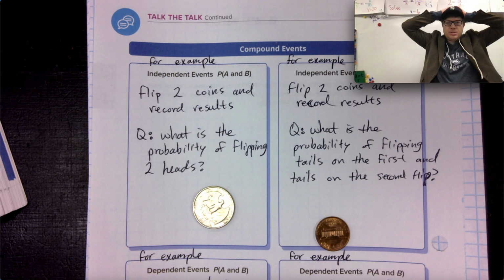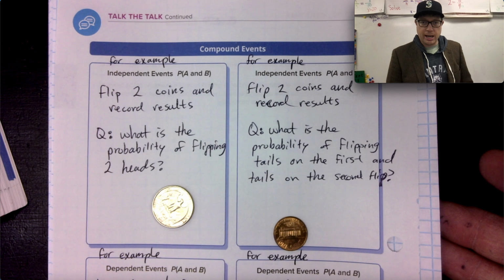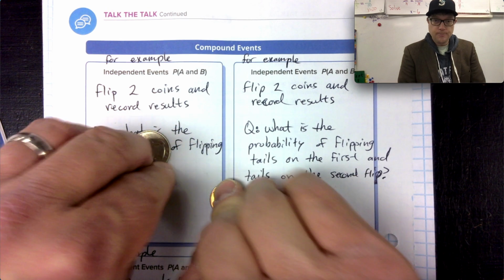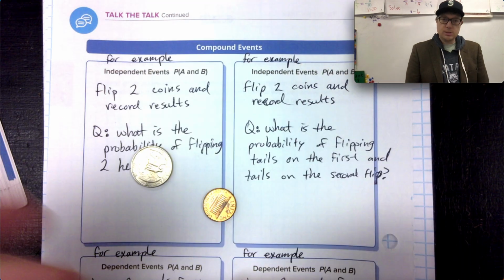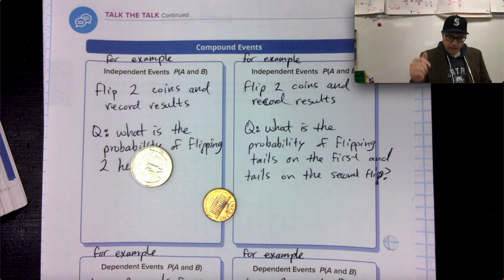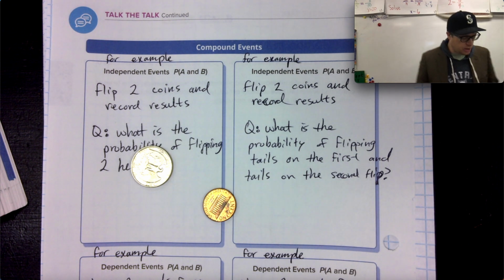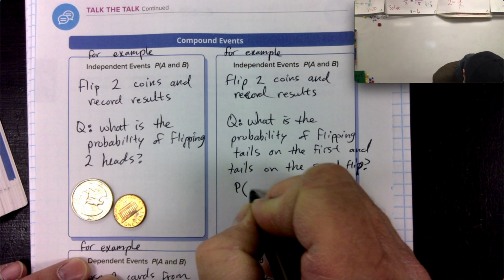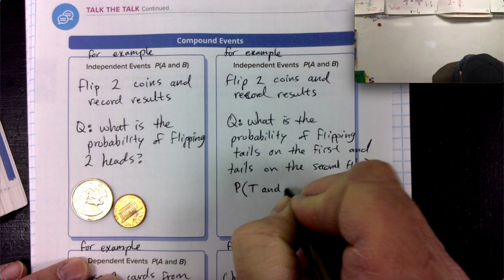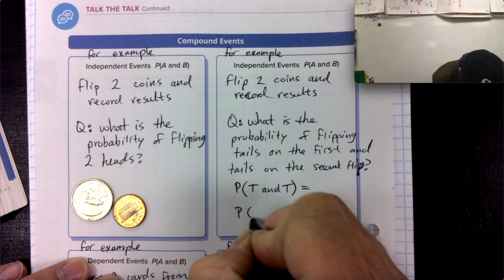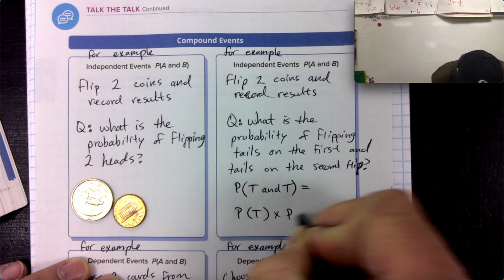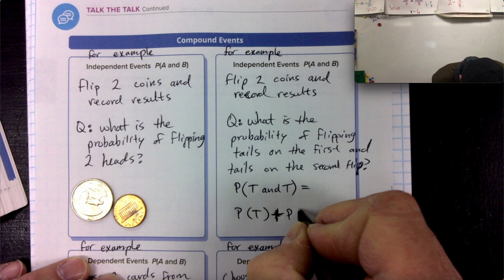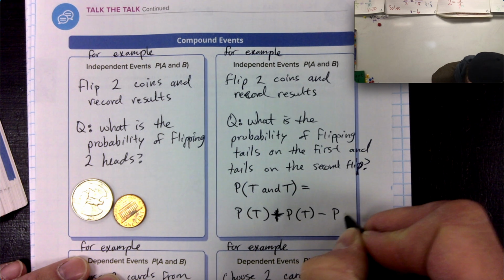Oh, two tails? That's actually the other one. Let's work kind of backwards here because I just popped up tails and tails. So the probability of flipping tails on the first and tails on the second is a formula that looks like this. Probability of tails and tails is the probability of tails times, plus the probability of tails, take away the probability of,